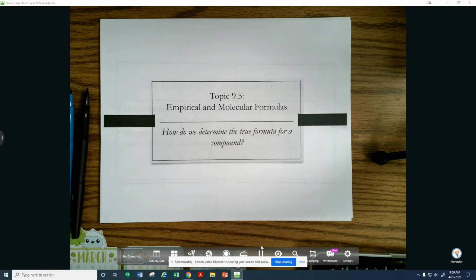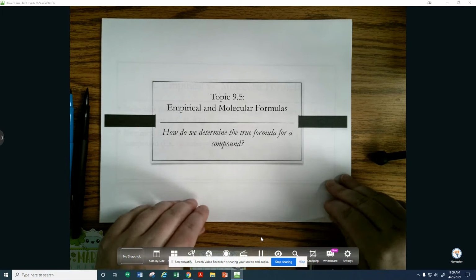Welcome to topic 9.5. This is our last topic for Unit 9, looking at the introduction to mole conversions. For this topic, this is where we're going to learn how to determine an empirical and molecular formula of a compound. Essentially, how do we know what a compound is made up of based on data we can obtain through the lab? So you do need your calculator and you need your periodic table